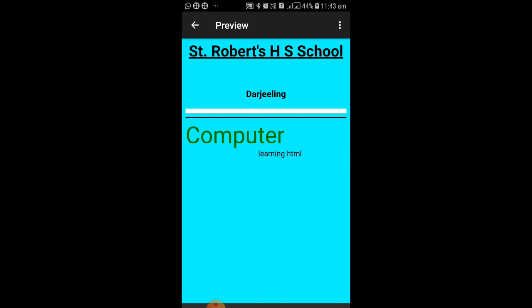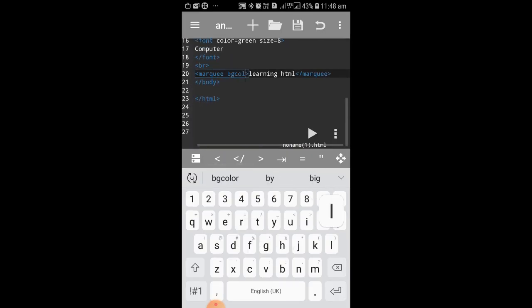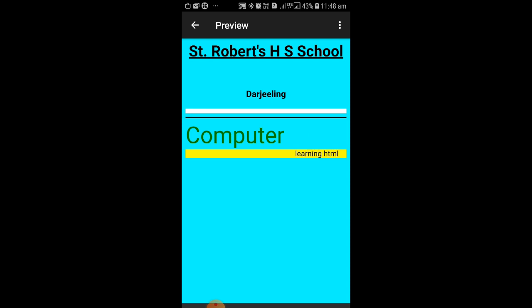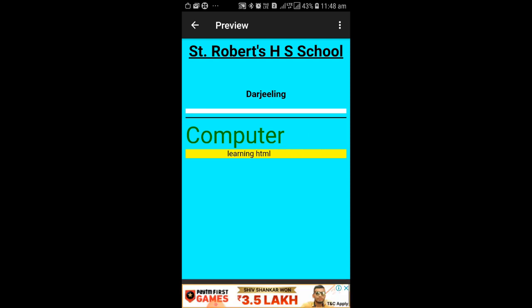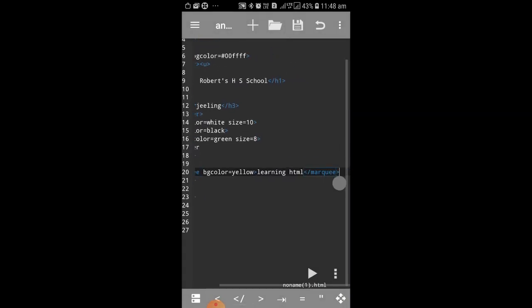New effect. See, touching and moving, touching the walls, no? See, bgcolor is equal to yellow. See, it's working. So like this you can learn one by one. After that,